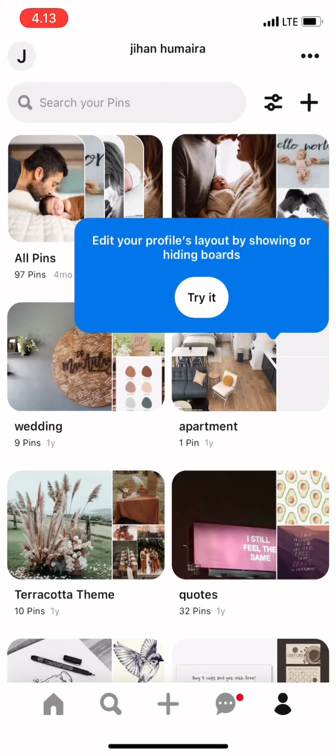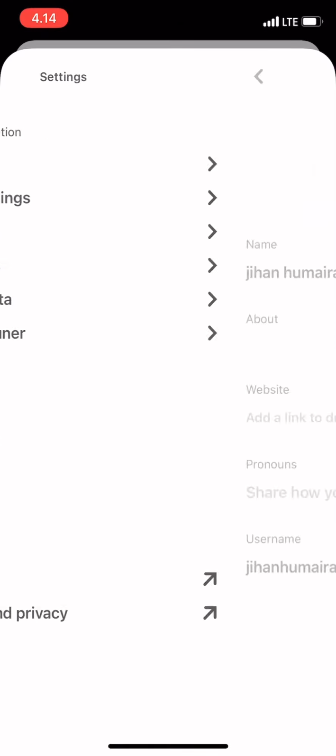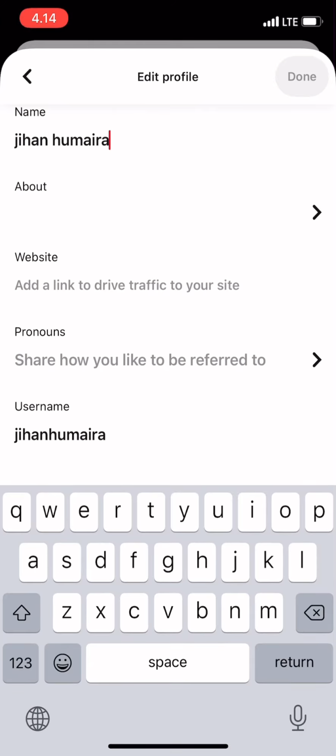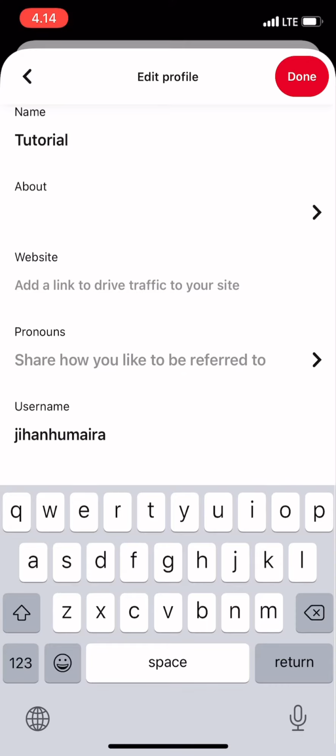In this video, I'm gonna show you how to change your profile on Pinterest. So after you go to Pinterest, you press that button on the bottom, and then you go to settings, and then you press edit profile. And then you can just straight away type in, so delete the previous name, and then for example, I'm